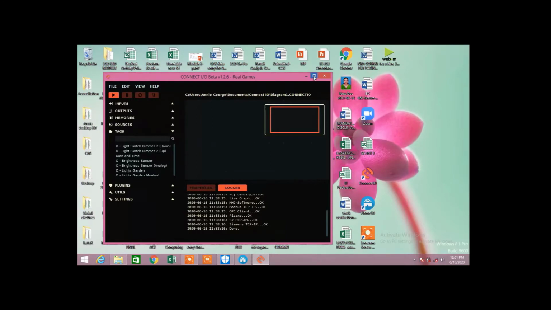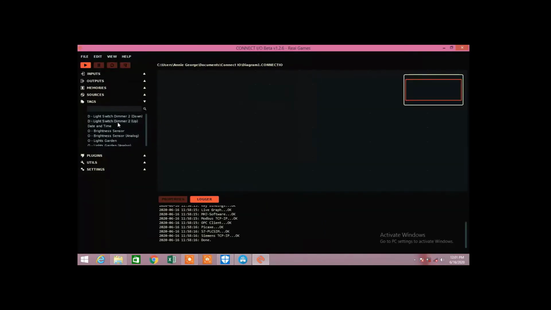Now in the tags section you can see light dim, light switch dimmer, up down, brightness sensor analog, lights garden analog. Here you can bring in the brightness sensor: drag and drop the brightness sensor tag here, and also the lights garden.